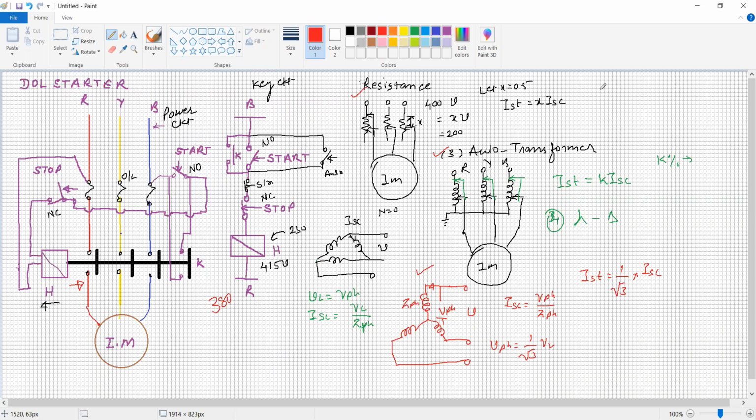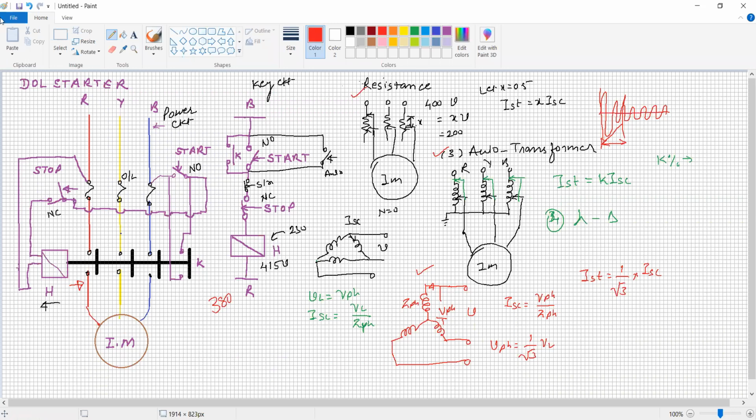As soon as you start the motor, it takes a very heavy current, and after some time the motor settles to its rated value. This is the transition period. Starting current is very high, inrush current is very high. During that period, our intention is to reduce the current by reducing some voltage. Okay, so it can be done by the thyristor family, that is called soft starters.